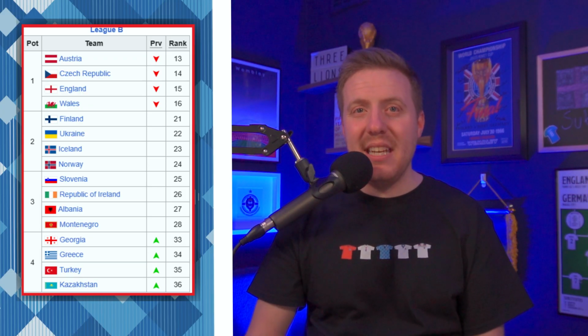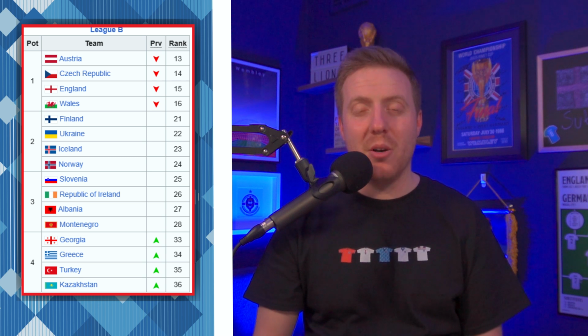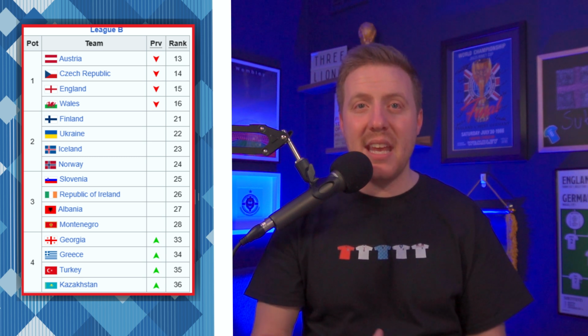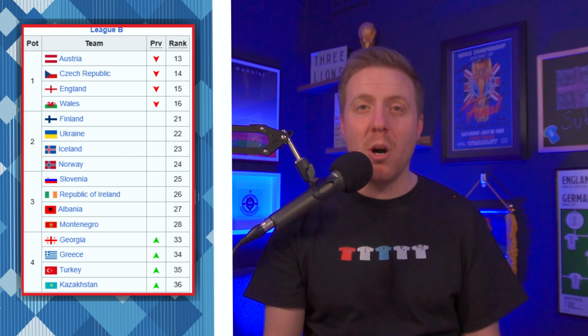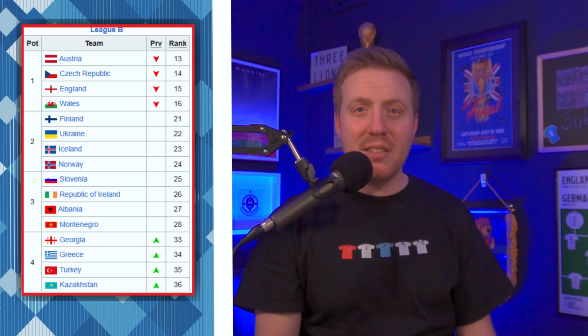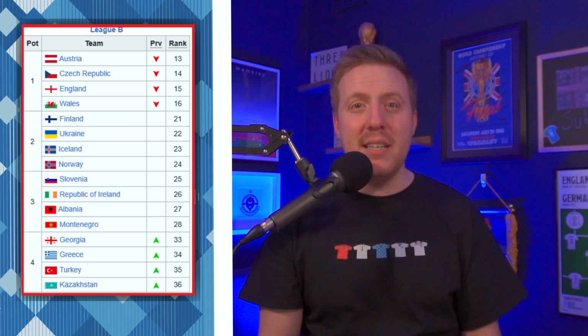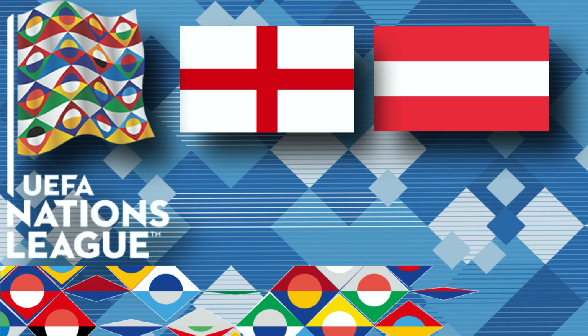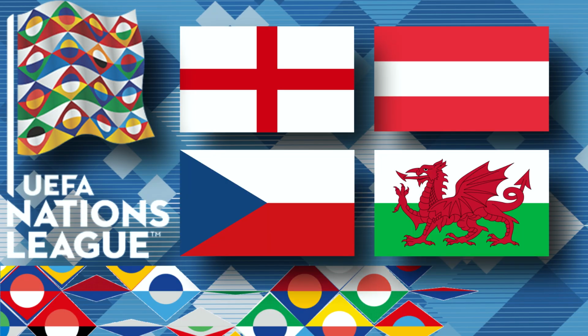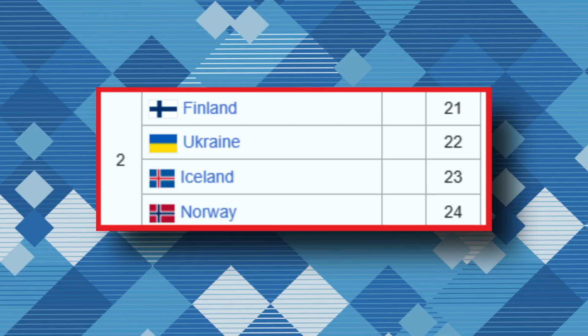And each league is then divided into pots. So teams are then ranked within each of those leagues. England are in pot 1 of League B, so ranked as the top seeds of League B alongside Austria, Czechia and Wales, which means we cannot draw any of those teams within that league. So we need to look straight down into pot 2, and looking at pot 2 we can draw Finland, Ukraine,